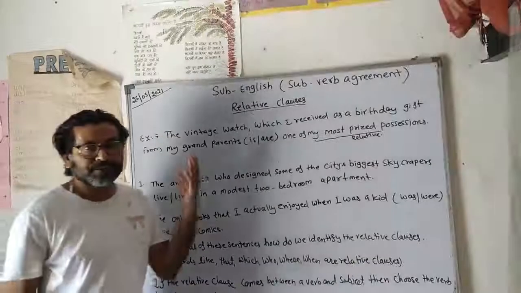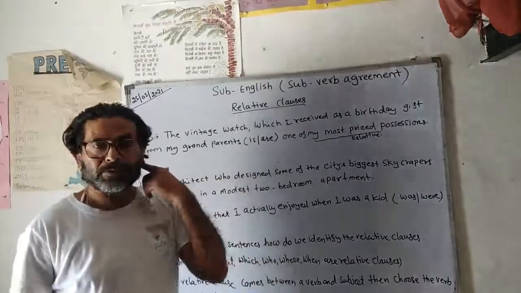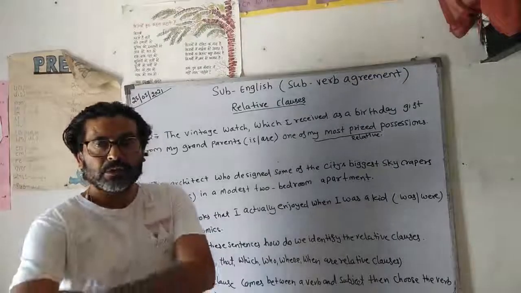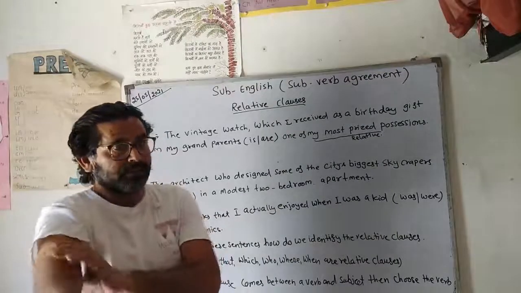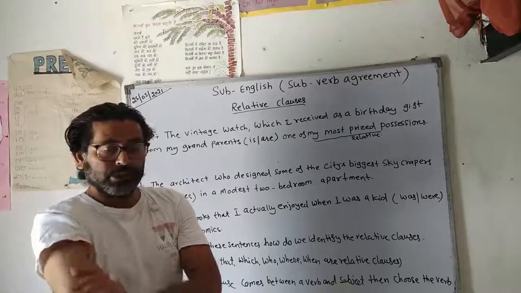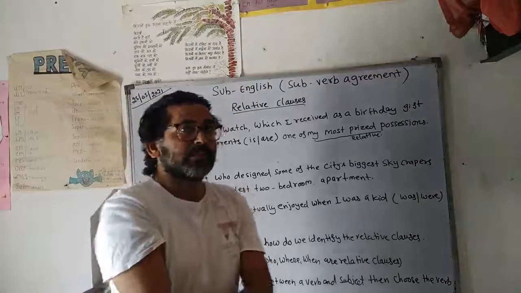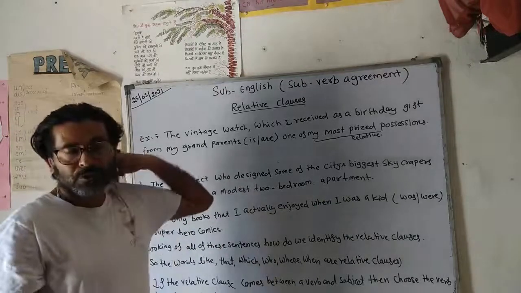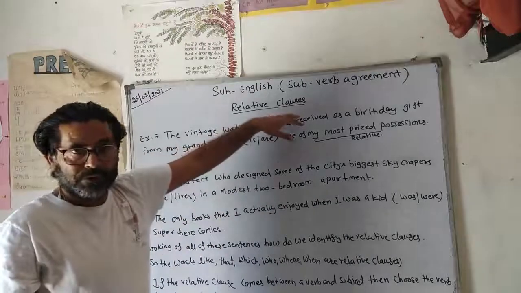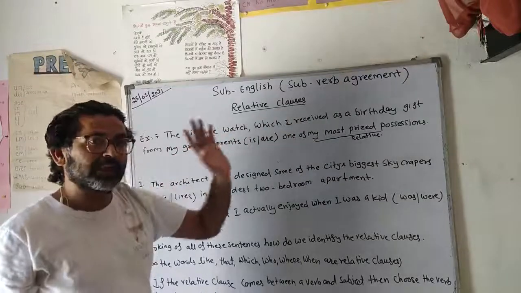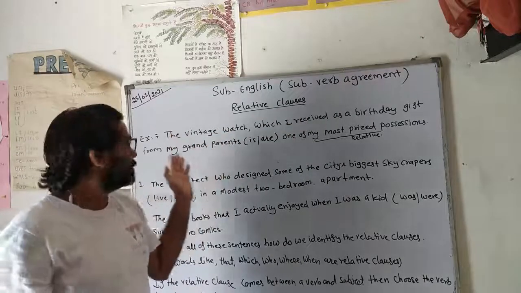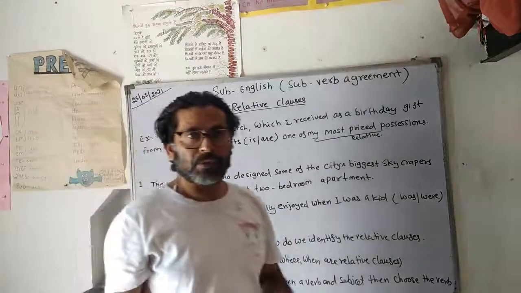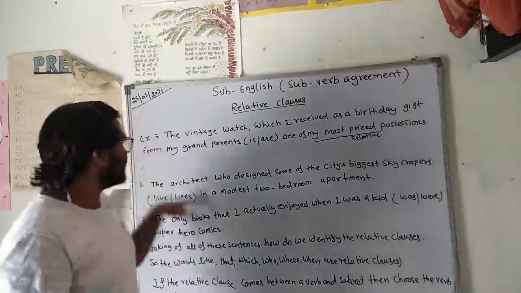So in the last video, we learned how prepositional phrases create problems in a sentence when choosing the correct verb according to the noun or the subject. The same situation can also be created by relative clauses in the sentence. So we will learn how to choose a verb in a sentence if we have a relative clause in the sentence. Yeah. So let's take the first example.